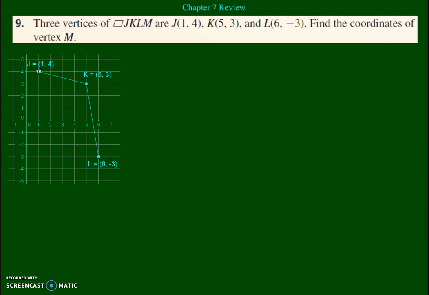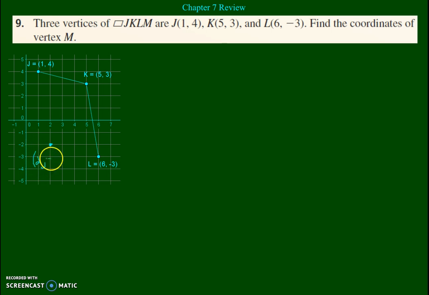This one has a negative 1/4 slope. So if I take this point and move over 4 and up 1, that should be point M, which would be